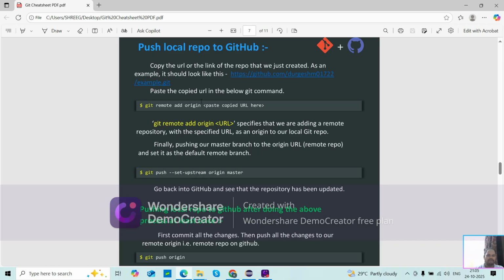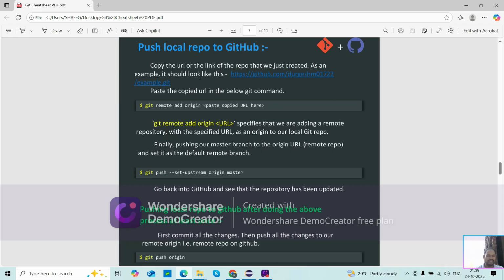Paste the copied URL in the below git command. Git remote add origin, and paste the copied URL here. Suppose we want to push the local repository to GitHub, then copy the URL of the link of the repo that we just created.